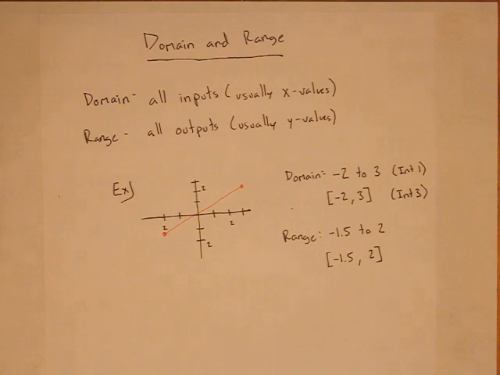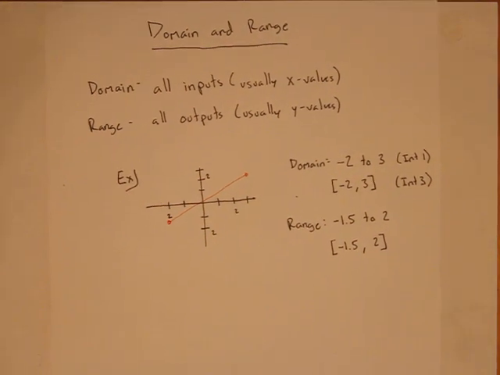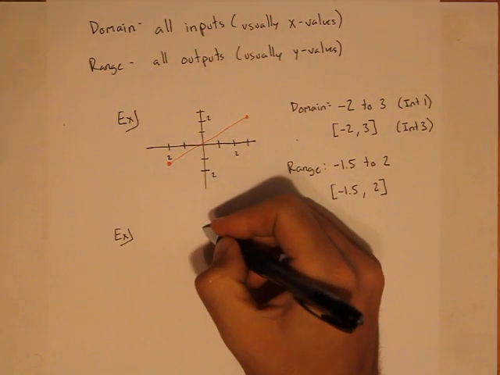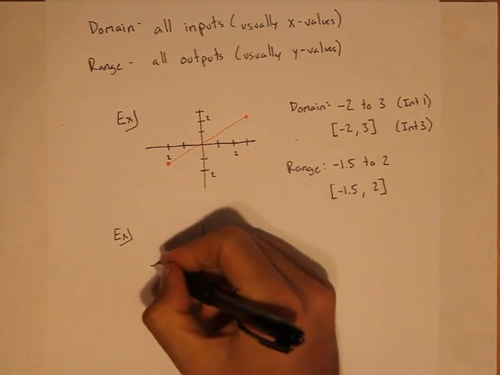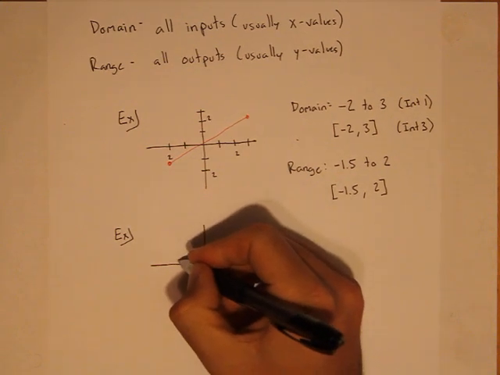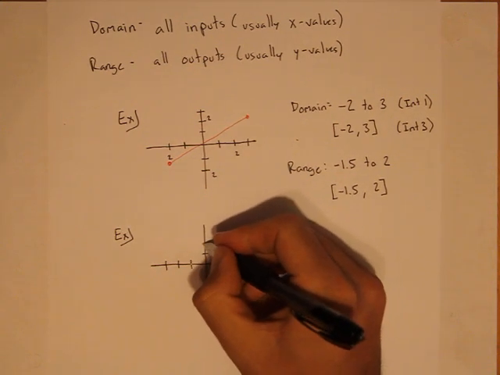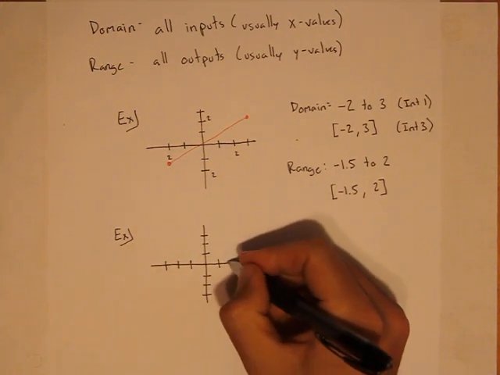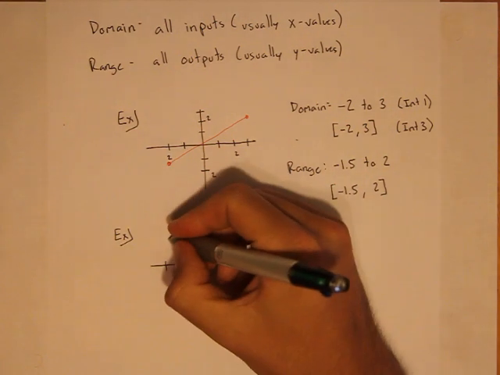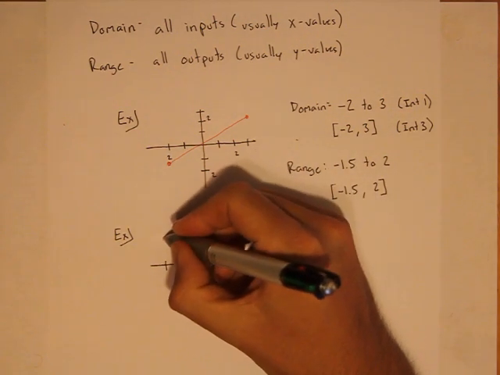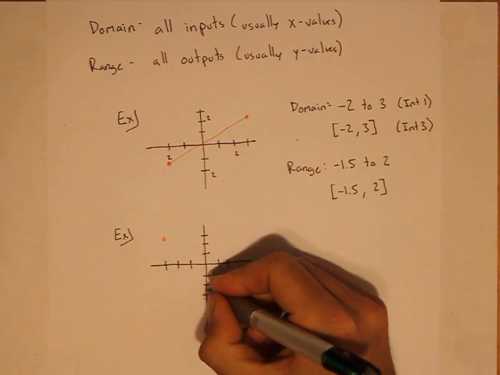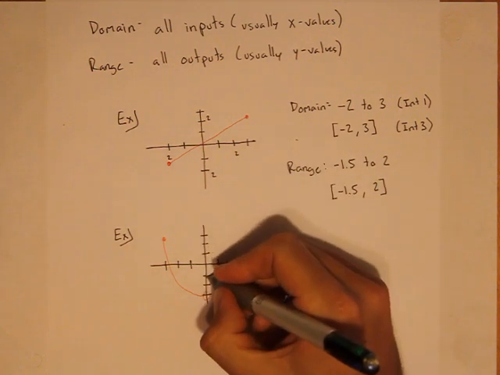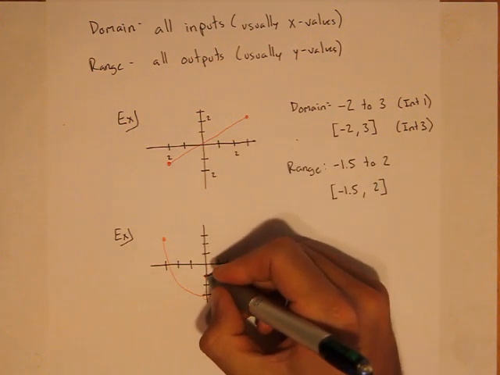Okay? So, with that, let's take a look at another example. Planning to work through 3 here. So let's go 1, 2, 3. 1, 2, 3. 1, 2, 3. 1, 2. Okay. So start up here. Open dot. I know this will take me a second to draw, just bear with me. We'll go closed. And